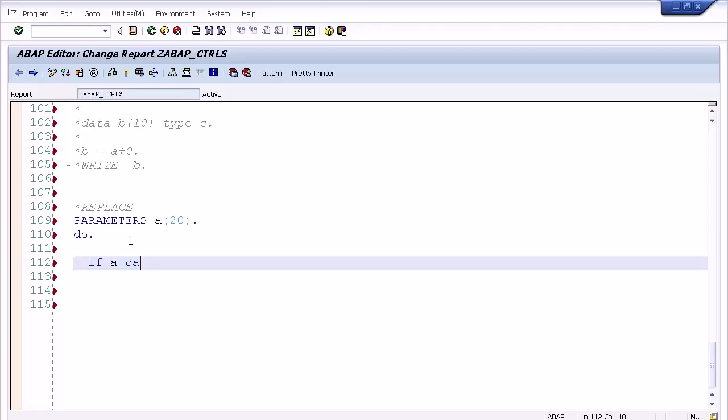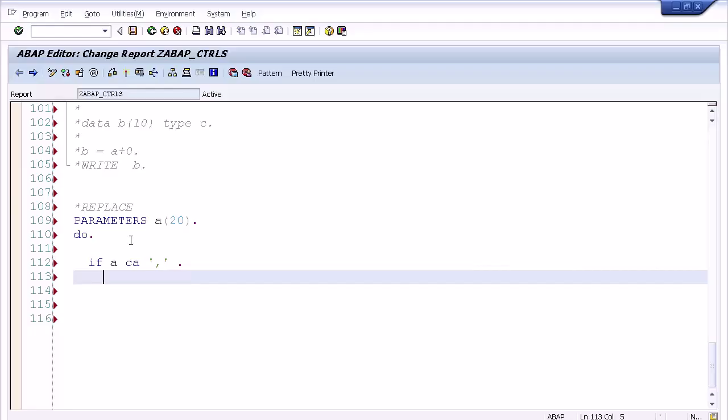Parameters: A of 20. So do if A CA indicates contains. Just now we discussed string comparison operators. If A contains any, for example if A contains any commas,